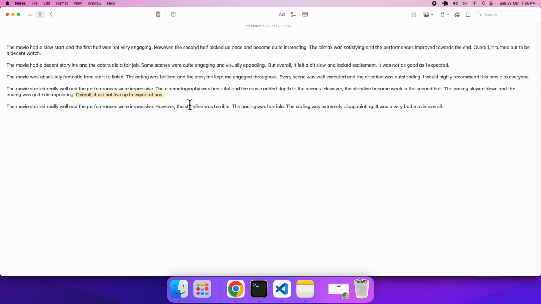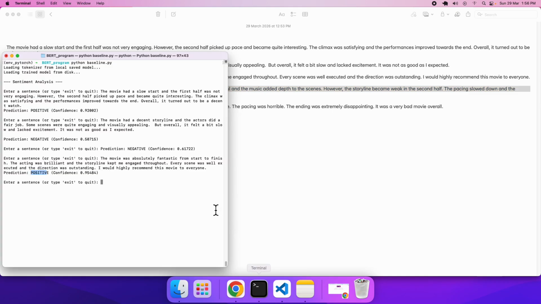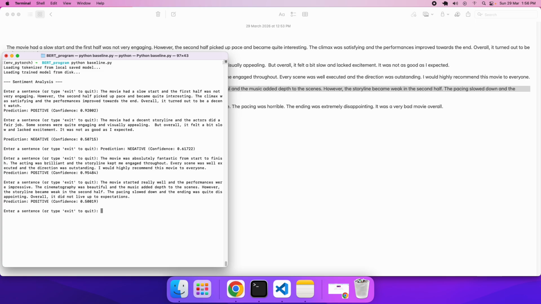Grammatically, if you look over here, it's correct, but the system has to understand that overall it did not live up to the expectations. The phrase over here is pretty challenging, and I'm not sure how exactly this model is going to predict in context to this, because it has a good positive starting point, and for that reason there is a positivity, but it's not actually very sure